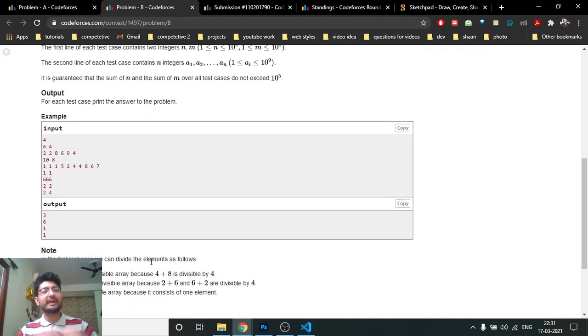If I take all numbers which are divisible by m and put them in a single array, it is a benefit, because if I take any two elements and sum them, their sum will be divisible by m only. So it's better to put all the numbers which are divisible by m into one array.